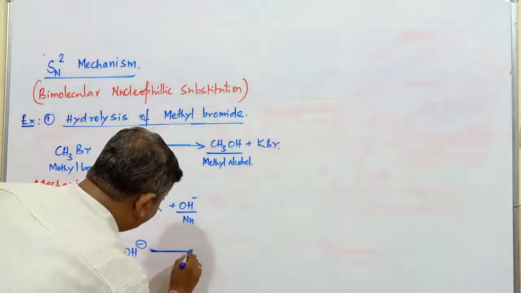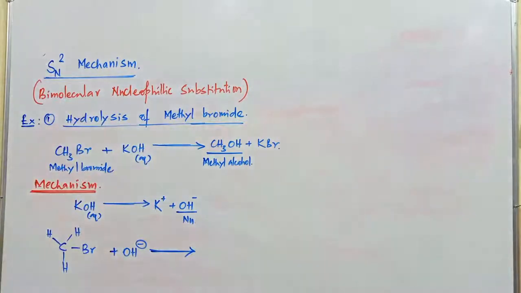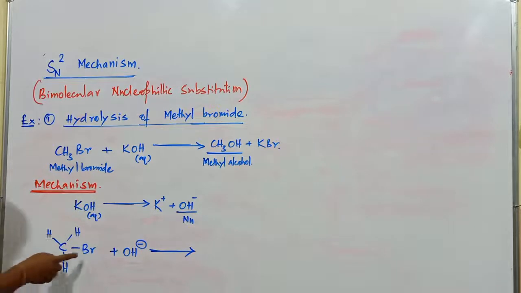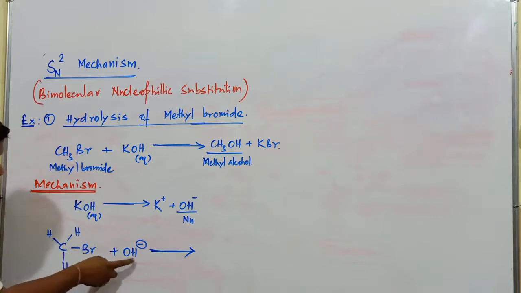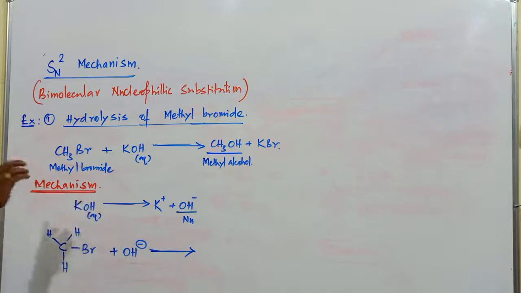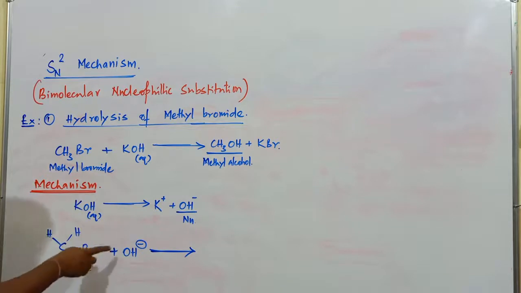And you observe very carefully that in this reaction there is already a nucleophile. Br or any halogen is also considered a nucleophile. But if you compare the strength of this nucleophile and this nucleophile, OH minus is a stronger nucleophile than the halogen atom, in presence of this existing halogen, the existing nucleophile.